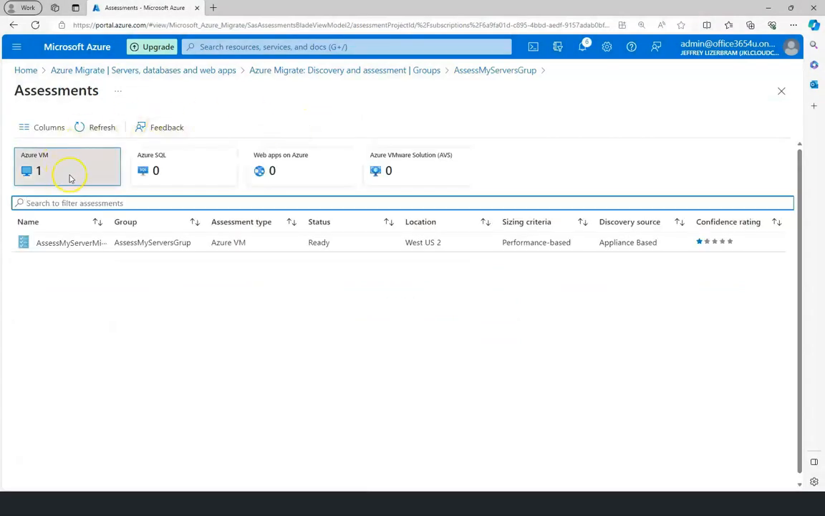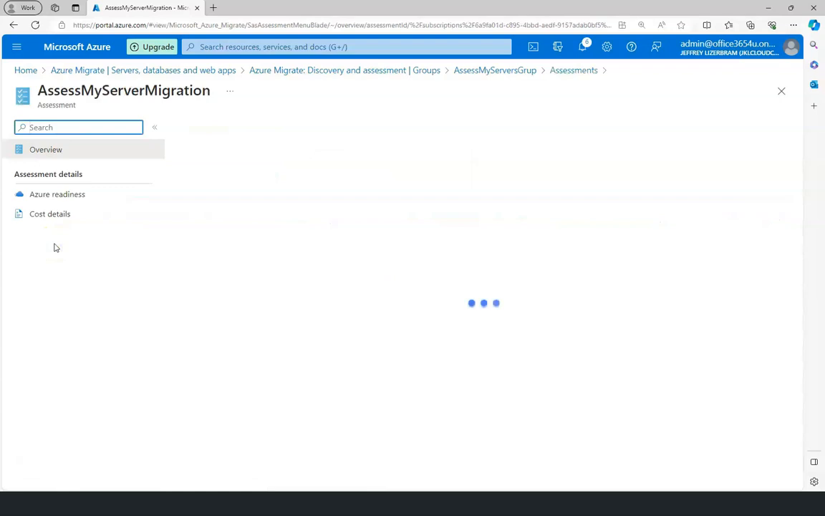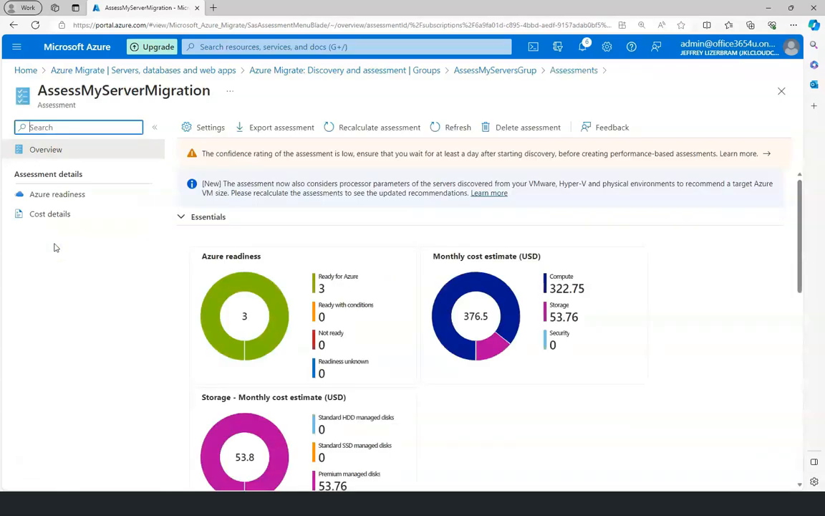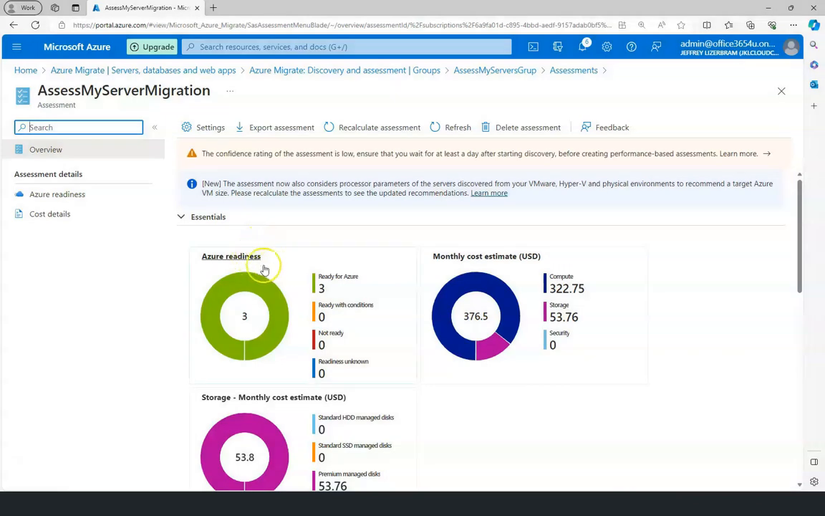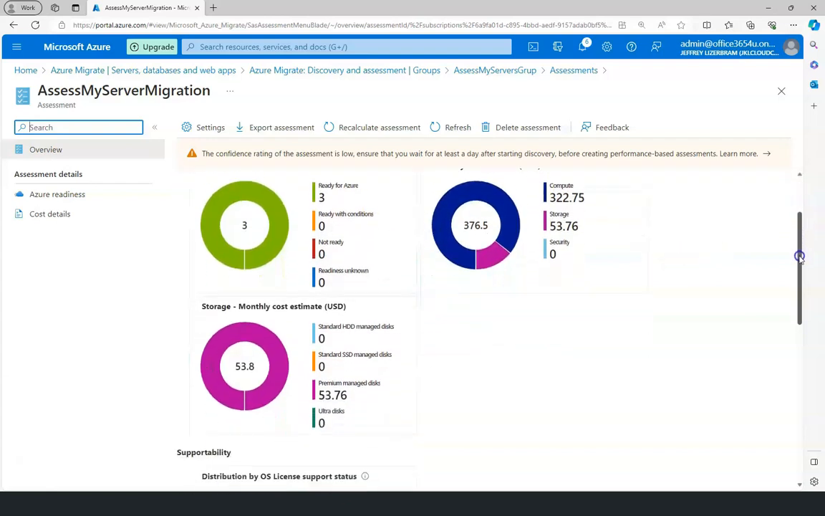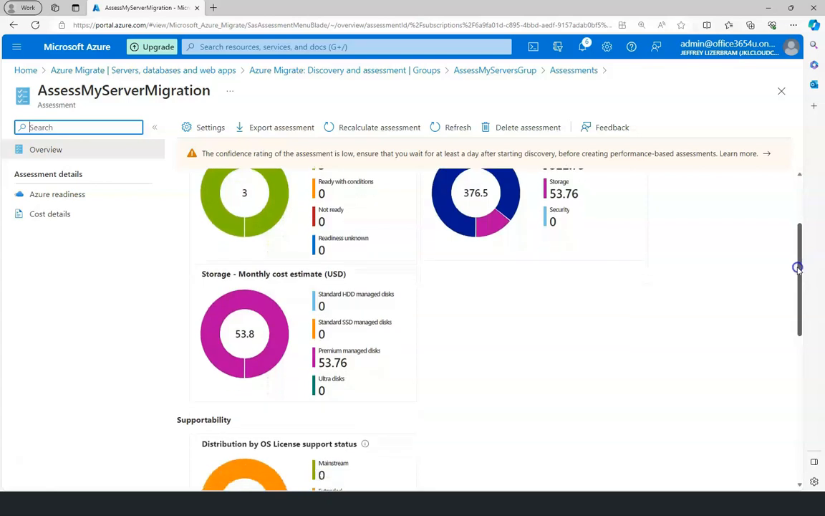And the assessment is going to give you some very nice information in terms of what it's going to take to migrate and how much it's going to cost in the long run. So you can see the Azure readiness factors, monthly cost estimate of those 3 servers, the storage monthly cost estimate. And as you can see, there are some warnings here. So it's good to wait perhaps a day or so to let the assessment cook, if you will,